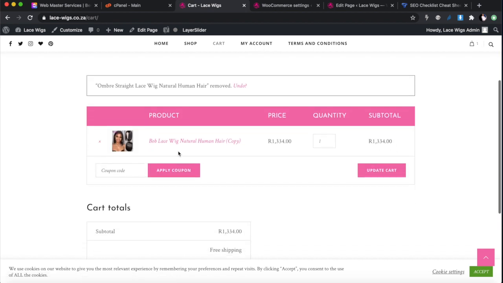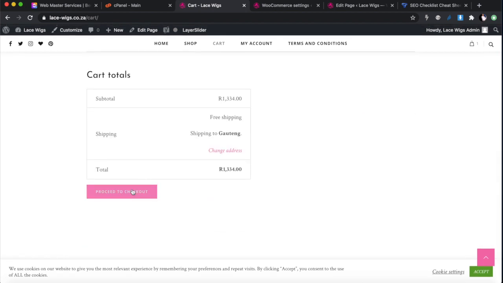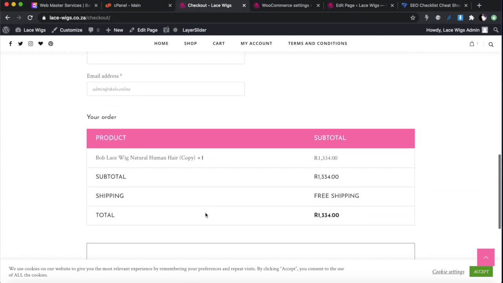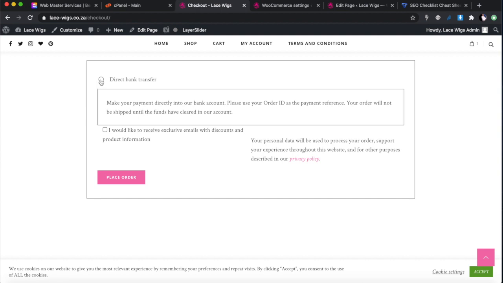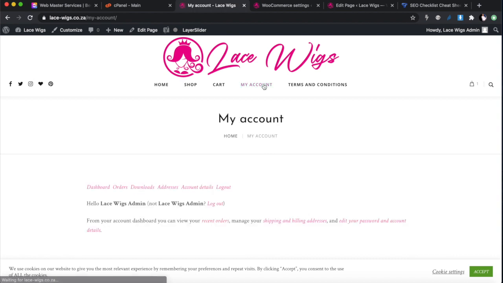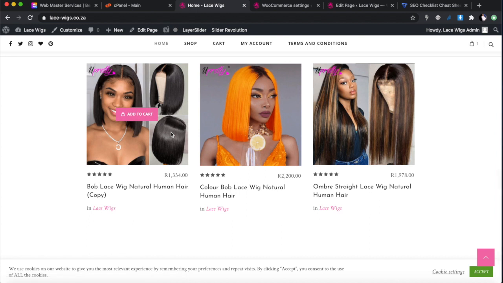So if clients were here on your page, if you've got a coupon code, they would be able to check out immediately. You can check out of the store, add your items, and immediately pay for this. And this is free shipping. So our store is already live with the direct bank transfer method that's already been included. We're going to show you how to do that, and a little bit in our account page. This is created automatically by WooCommerce, as are the terms and conditions. So this is a fully functional e-commerce store that is selling wigs, and we're going to add more products as we go along.